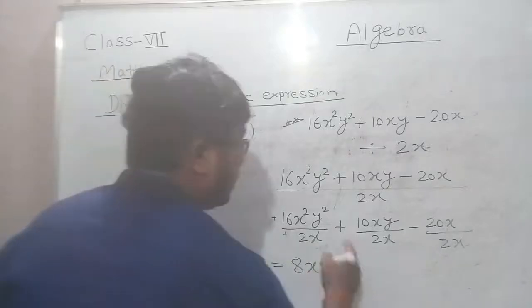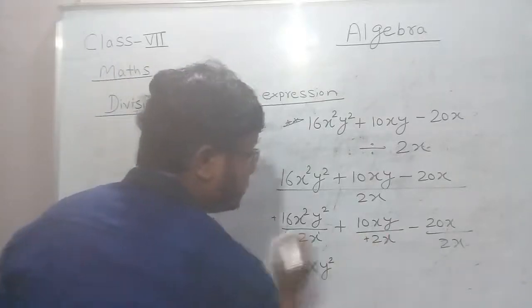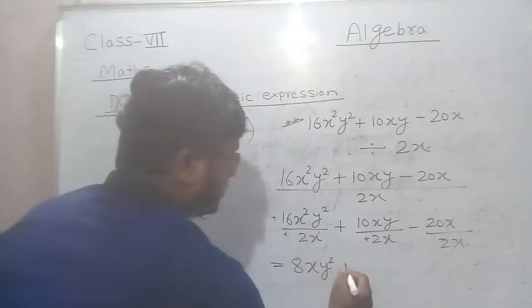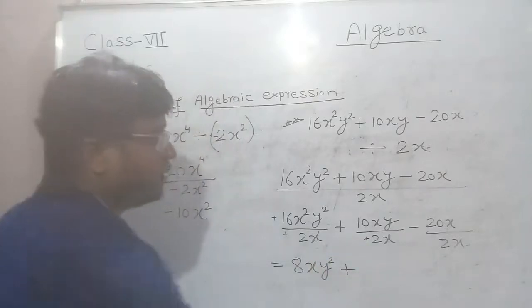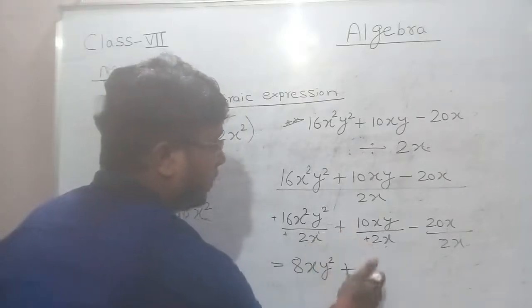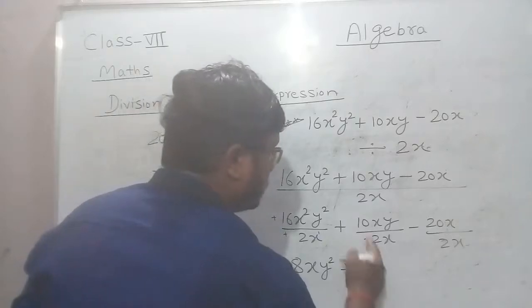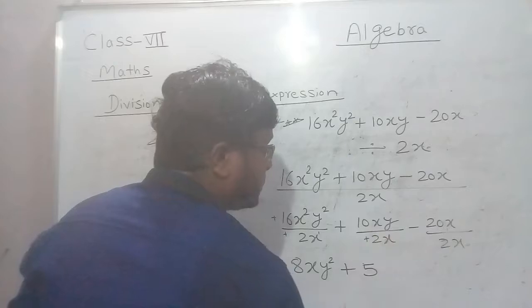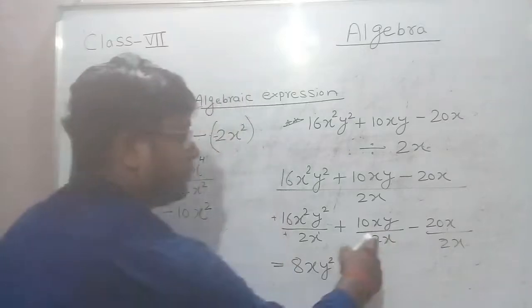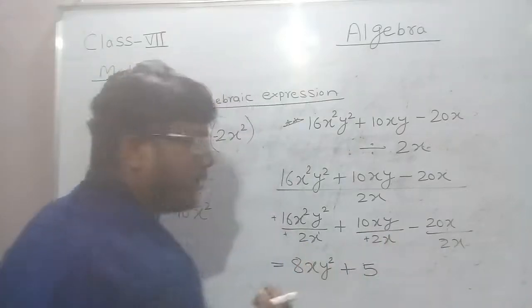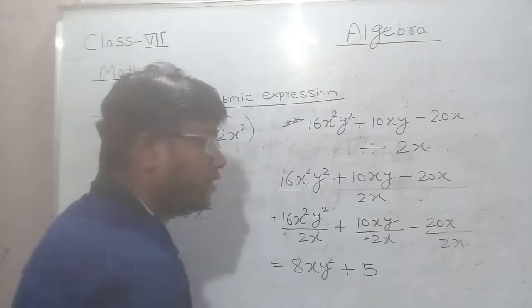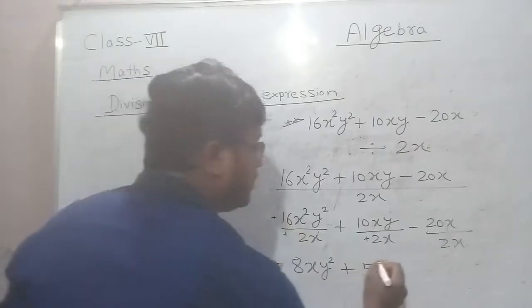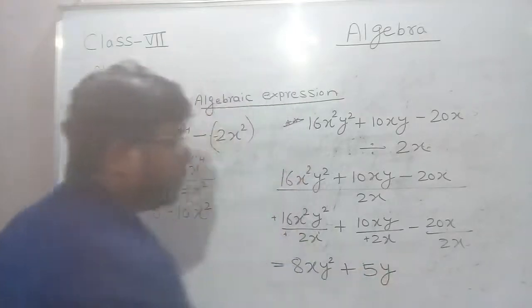Okay, so here plus 2x, and it is also plus. So plus divide plus, that is your sign is plus. Okay, so number division, 20 is divided by 2, sorry, 10 is divided by 2, that is your 5. X to the power 1 divided by x to the power 1 cancels, or x to the power 1 minus 1 is x to the power 0, that is 1. So here y is only remaining.